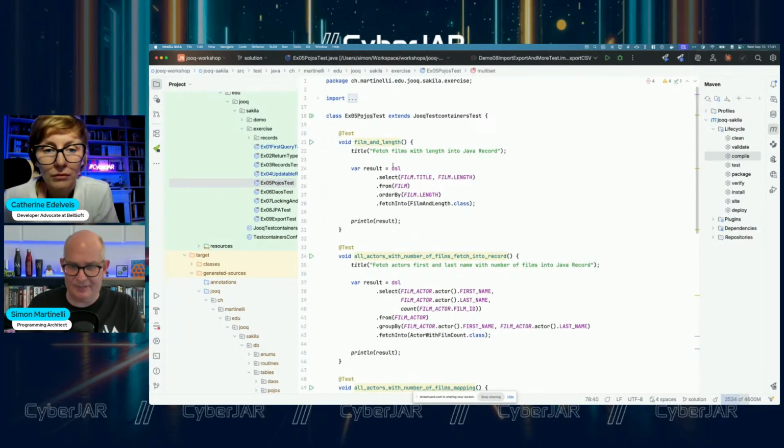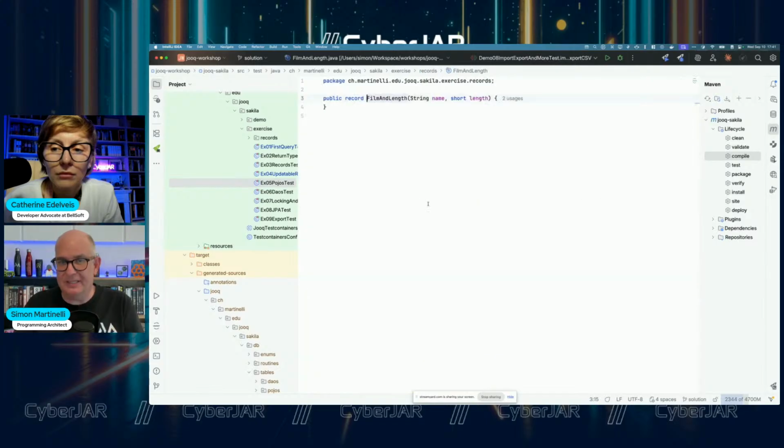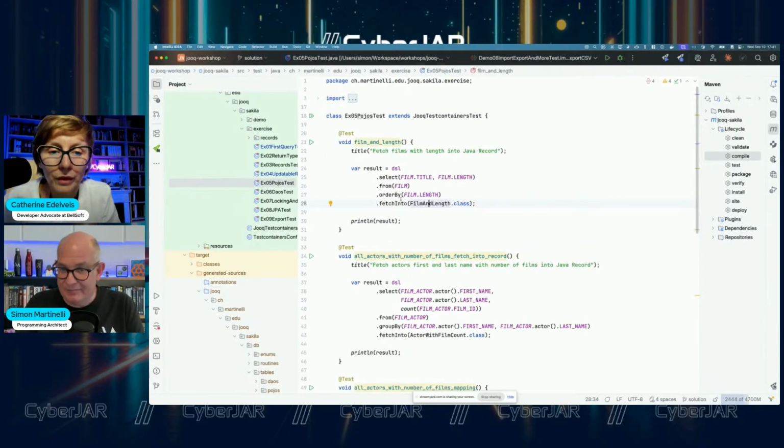We have, for example, here, again, a film with a film length this time. And I want to get the result in a class called FilmLength. And FilmLength is a Java record that has 2 components, a name and a length. That's it. And jOOQ will directly fetch that into that class, that's why it's called fetchInto.